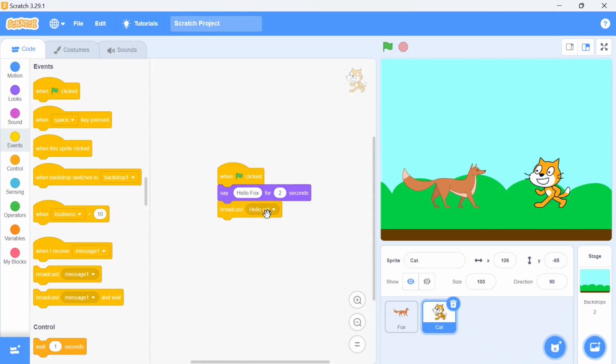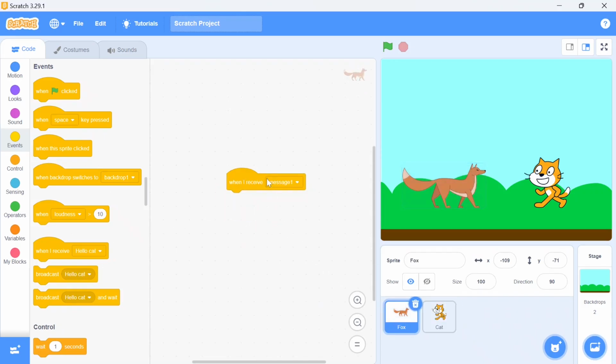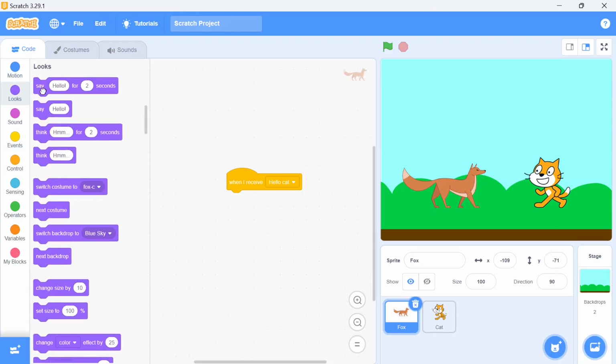Now the broadcast message is set. I'll put it here and select the message hello cat. It will show the broadcast message, and on the look block, when it receives hello cat, it replies with the message hello dear cat.